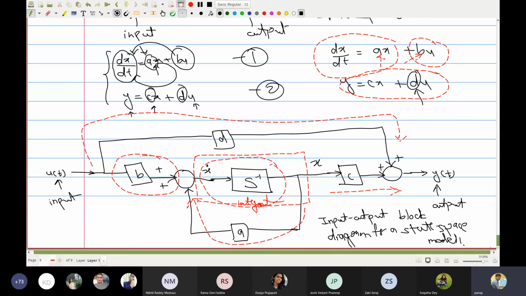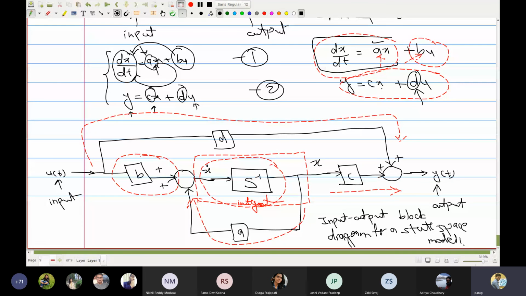Sir, when you add the A, why isn't the position of the adder after the integrator? Why is it before the integrator? Yes, because when you multiply x with A, you get the differential. Okay, you see here, when I multiply... no, it's not A, it should be C. No, A. Yeah, no, it's correct.